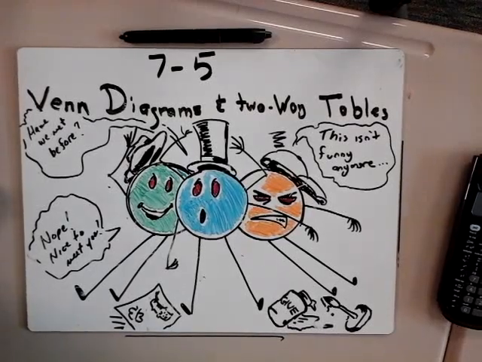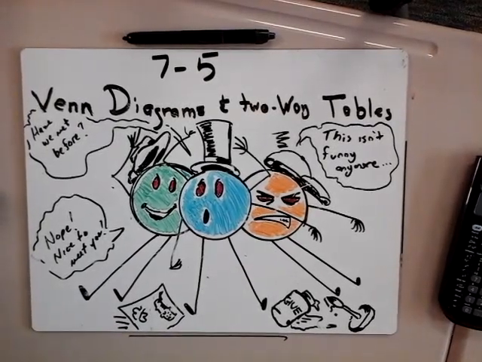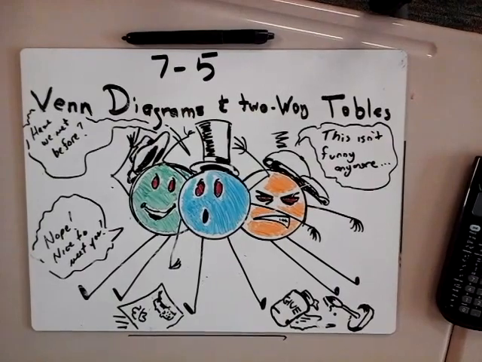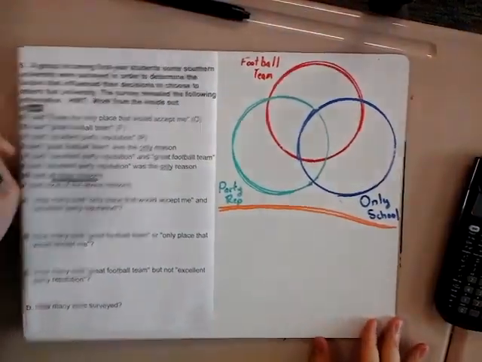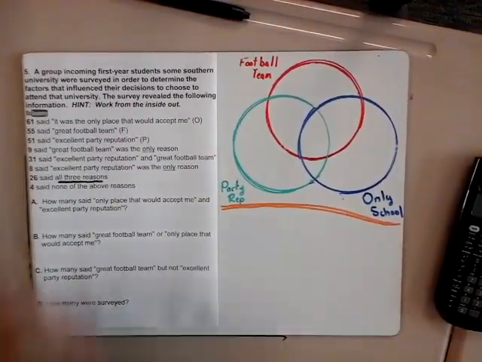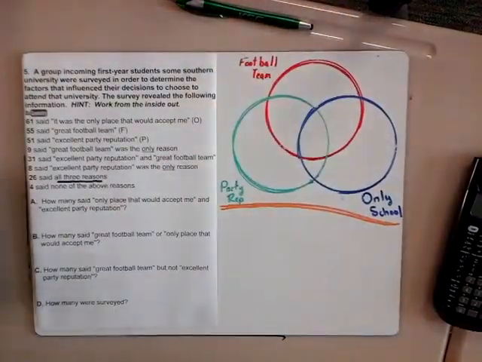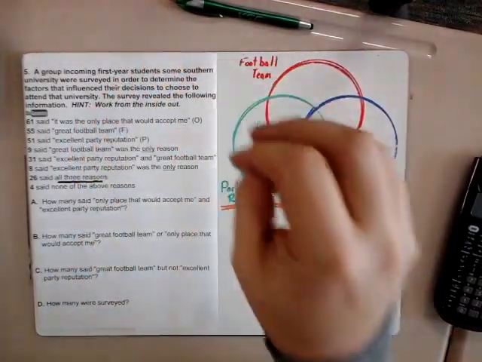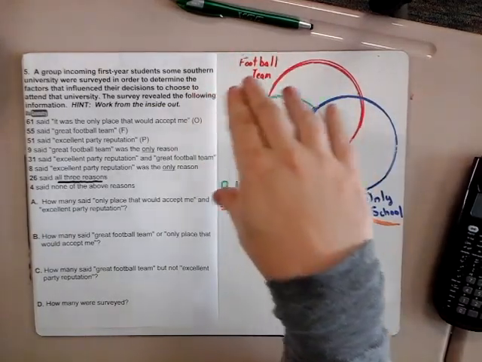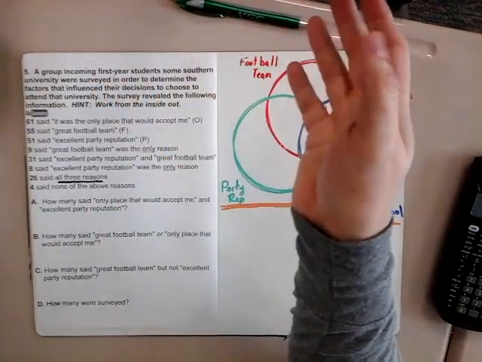Guys, okay, we're gonna do the video for 7-5 Venn diagrams and two-way frequency tables. All right, we're gonna just take a look at one example here. A group of incoming first-year students to some university were surveyed in order to determine the factors that influenced their decisions to choose and attend that university. The survey revealed the following information,